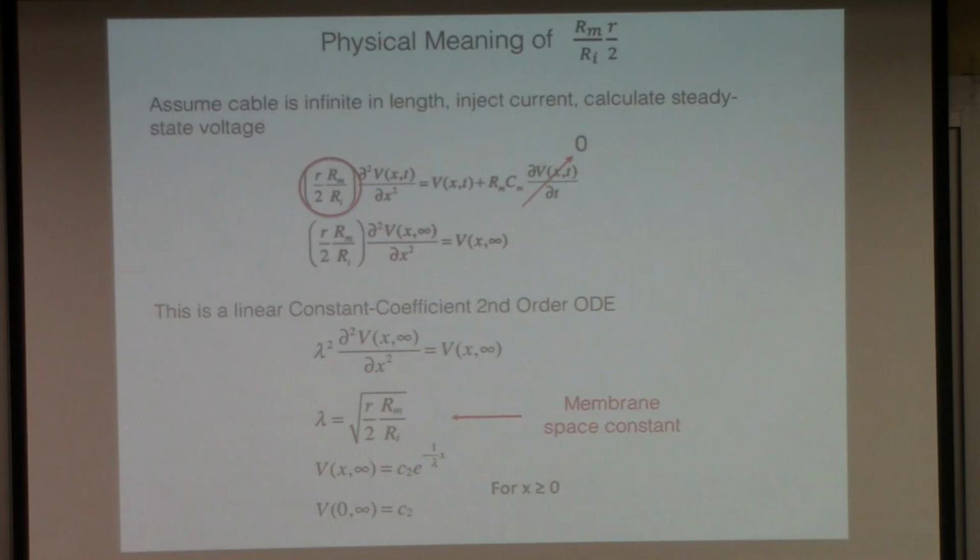Now we've got to think about how we make space dimensionless. If space has units of centimeters, we want to get rid of that. So we want to define a capital L, our space variable, which is equal to little l, the actual location in space along a cable, divided by something. And that something has to have units of space, units of centimeters. Okay, so where does that come from? All right, so imagine taking an infinitely long cable, this membrane cable, the very same one we're considering here, and injecting current at a point